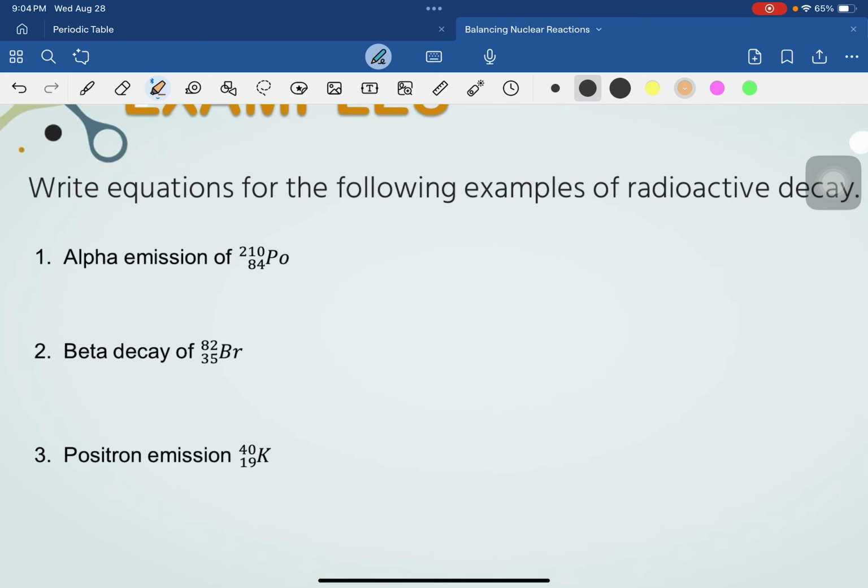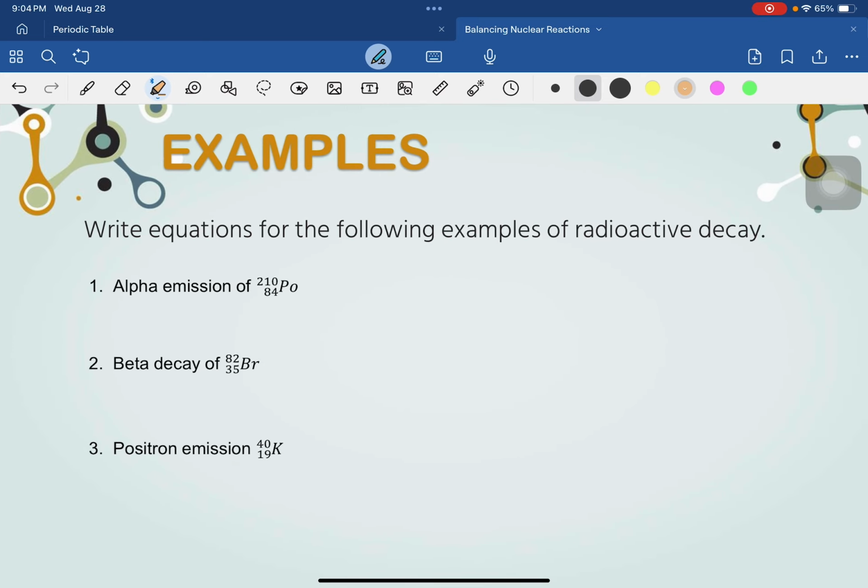Okay, some more examples. Let's try to solve them. Let's first have this one. Alpha emission of polonium 210, 84. So let's answer that. That's polonium 210, 84. Let's not make the long solution. So plus helium 4, 2. So we're looking for